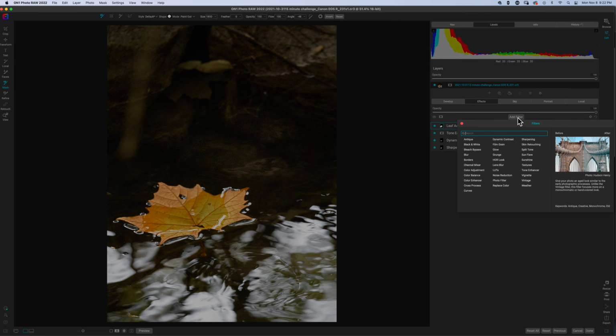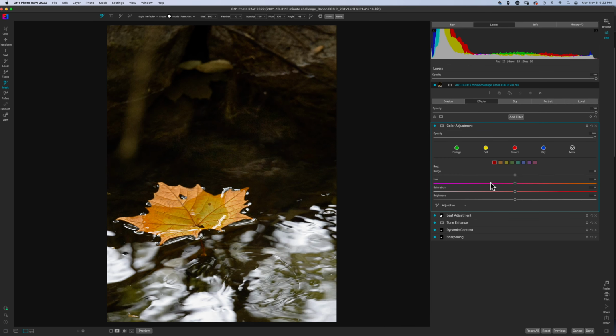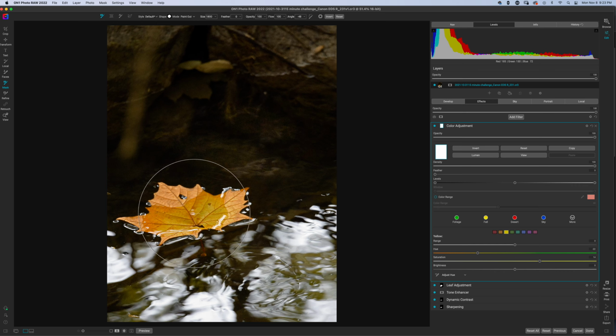boom. Then we're going to add another filter, and it's going to be another color adjustment. And this time, since I know that in the yellows, I'm going to grab the saturation, and this time I am going to mask it away from the leaf. And I'm not going to be perfect on this one, because I don't think it really needs to be that